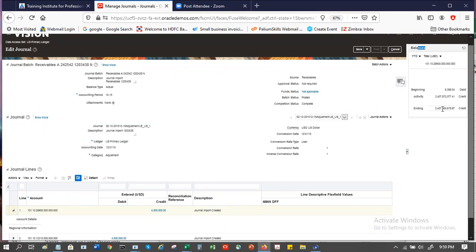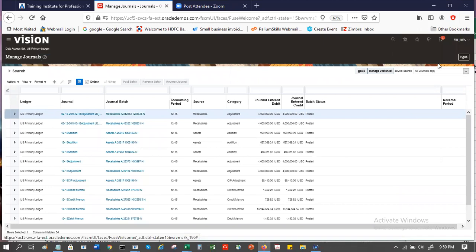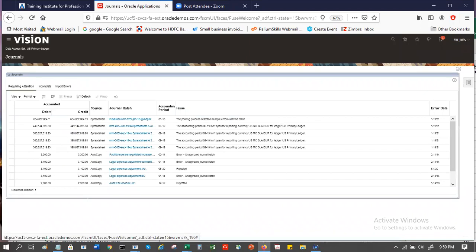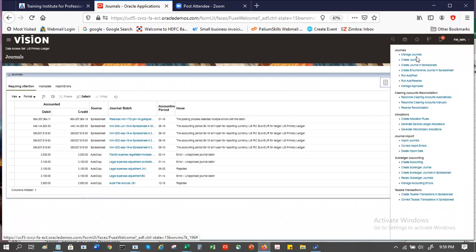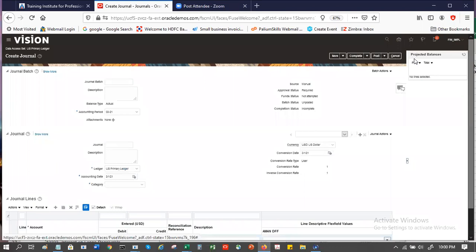Just one question, Saurabh, will this activity be only for the posted JVs, or for all? No, it's dynamic. You can see it when you're creating the journal also. The moment you put in the line and account information, you can see that. So in this case, it becomes like a projected balance.